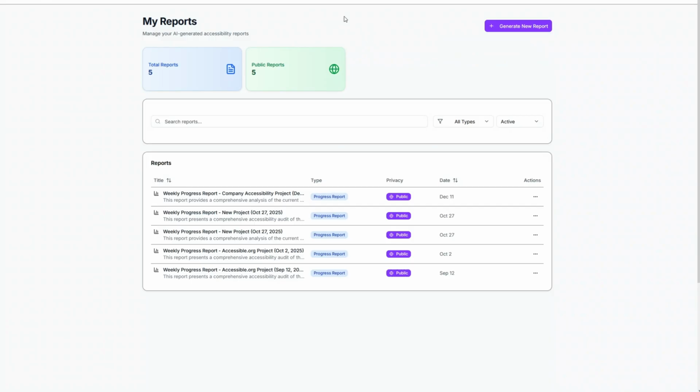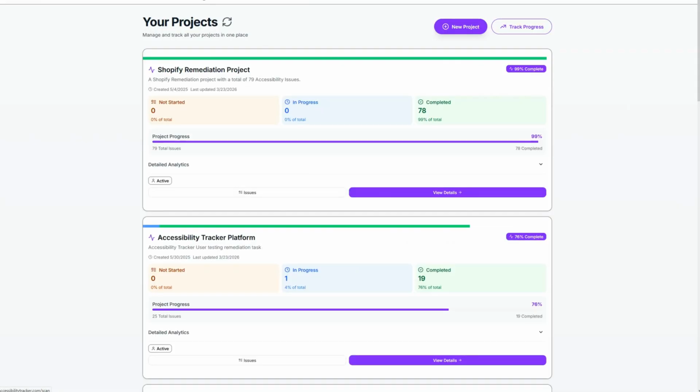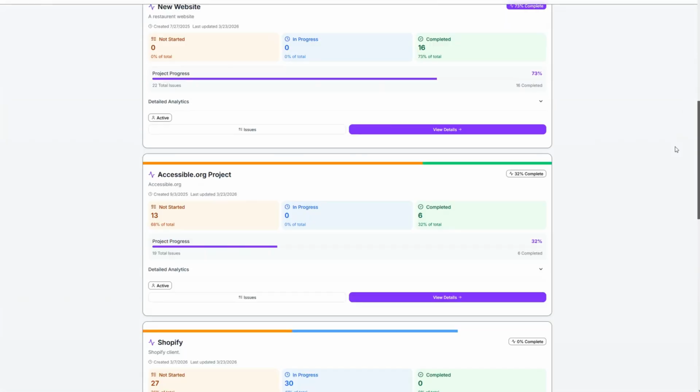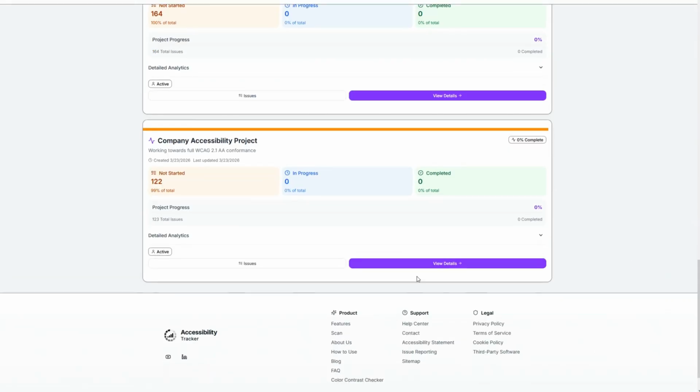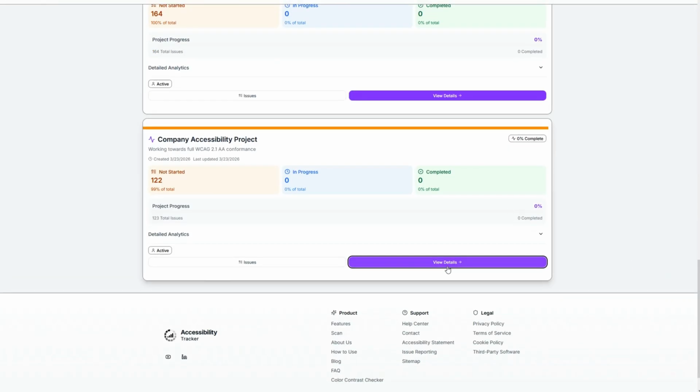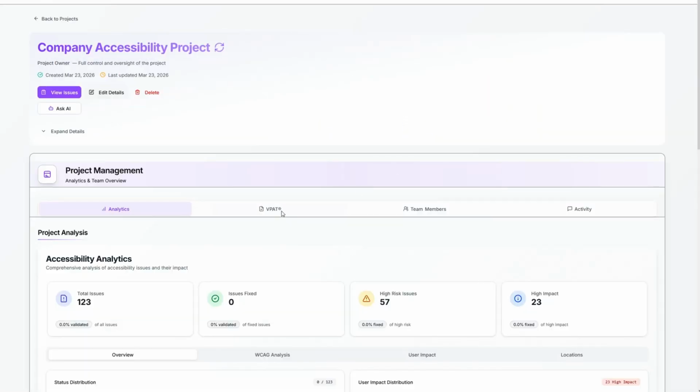And now let's actually go to, before I get to the scan, let's go through a few more things. We're going to go to projects. And I'm going to go back to the company accessibility project that we're working from. And let's go ahead and go here and view the details. And so what we can even do